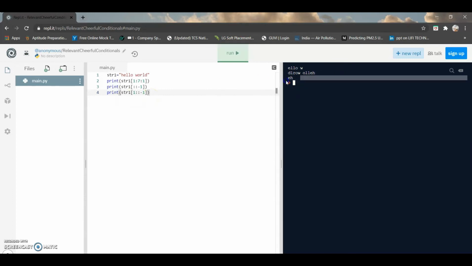Now you can see in the output E and H. That means it starts from E and moves backwards. Suppose we give that it starts from 4 with a style value -2, so that it skips every other element between the index numbers. So it starts from 4, that is 0, 1, 2, 3, 4. So it starts from O, skips a character and moves backward, so that we get the output O, L and H. Just run and see the output. See, O, L and H. Okay, I think it's much clearer.